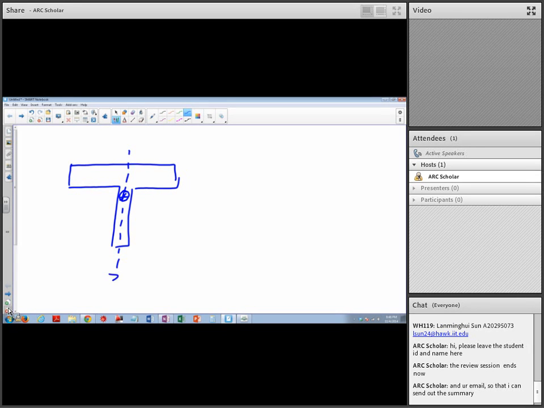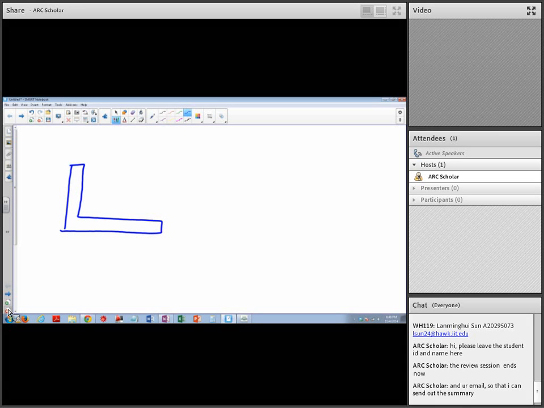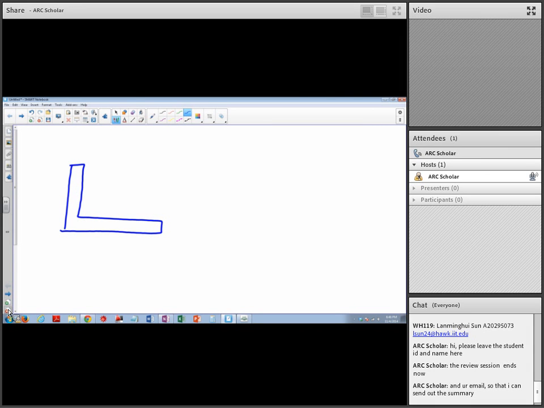So we can know that the centroid falls on this axis. So we just need to look for the centroid with A1 y1 plus A2 y2 over A1 plus A2. Because we just need to look for the height, which is the y direction, because we know that it's going to fall on the middle. But what if the shape looks like this? You wouldn't be able to use the equation just now. You will need to add some more things,